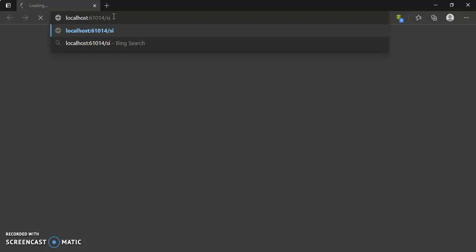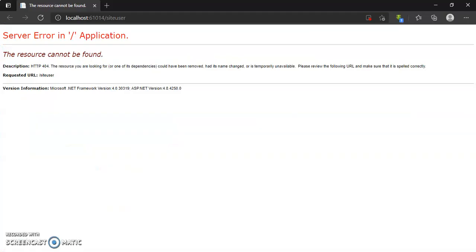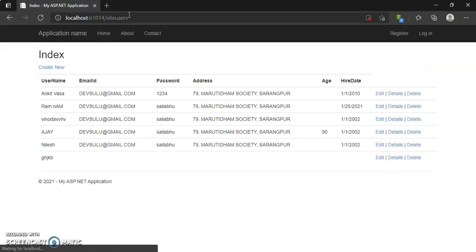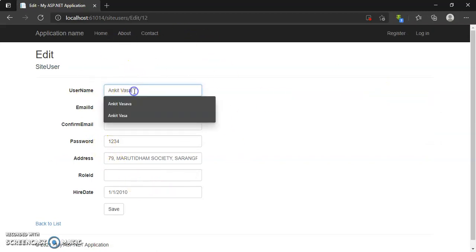Now click on edit. These are all valid. Now I will make them invalid.